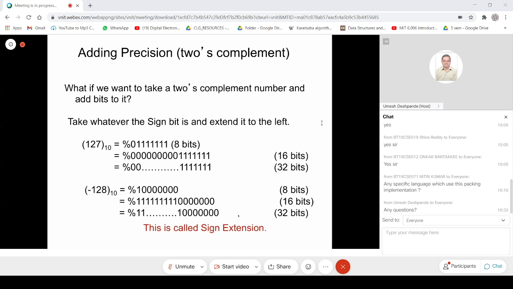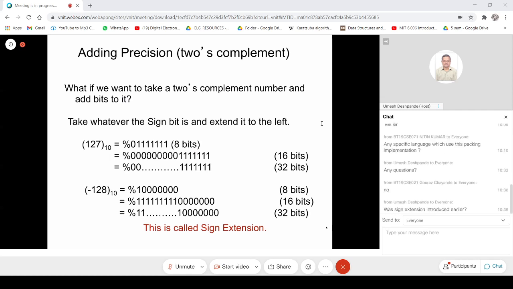So I just want to make sure, was this term introduced earlier? Okay, so it was not introduced. If this is for the first time, if there are any questions, please ask.